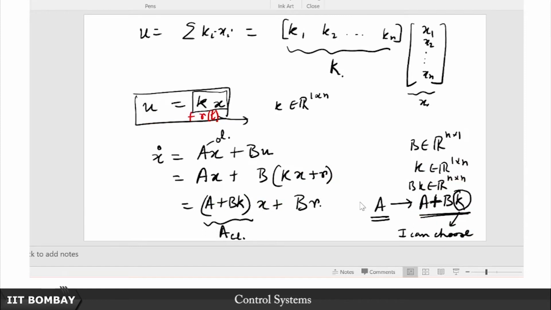So it tells me that in doing this I may be able to shape, you remember when we were shaping the poles and zeros using root locus technique, or briefly when we delved into Bode plots we were shaping the frequency response, by additional poles and zeros at suitable corner frequencies. So here also we are shaping the A matrix using this sort of a state feedback. So because I have the freedom to choose this K, these n parameters that I am free to choose, can I shape all the eigenvalues of A?